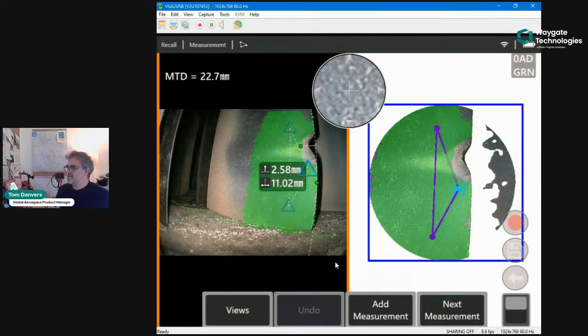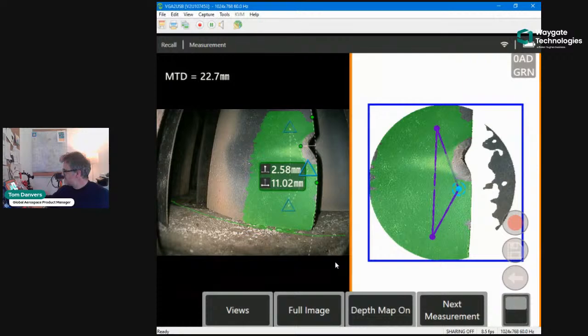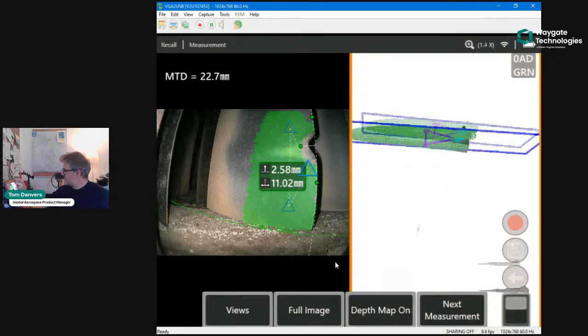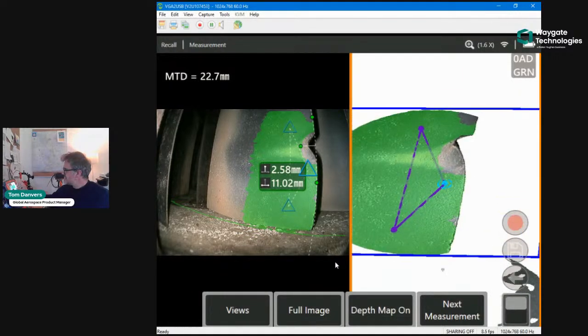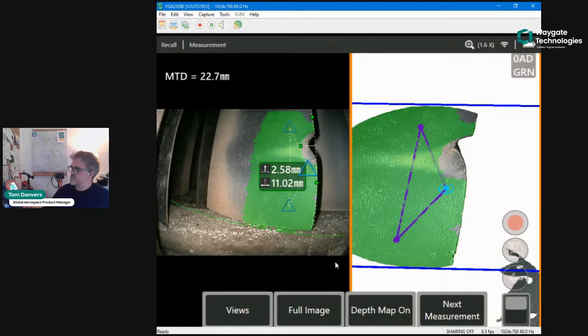So measurement planes, and as you can see with the green mask, is a feature that we have on both 3D stereo and 3D phase. So both types of measurement that fall within this term of real 3D measurement, where we're able to force points to sit on what we call the measurement plane. And I'm really showing it here because the useful feature associated with it in this case is actually